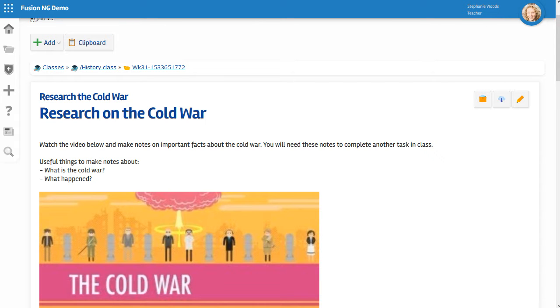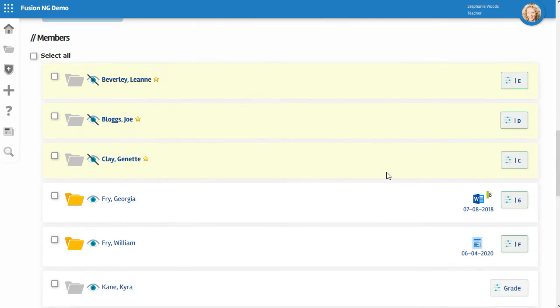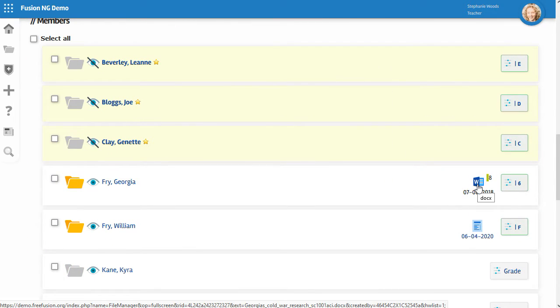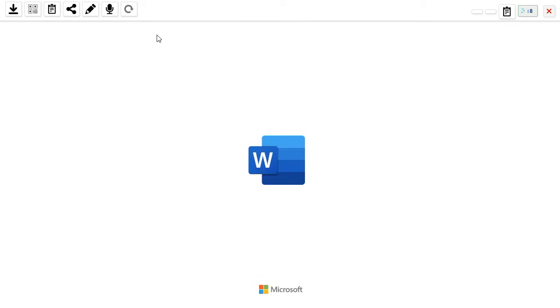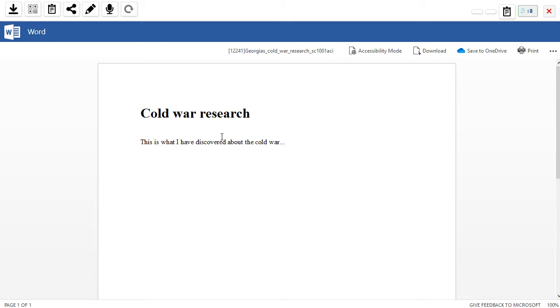On Fusion, teachers can mark students' work. So I'm in some homework here, and this student submitted a Word document. I can click on it, and if I see something that needs correcting, I can go to this pencil icon